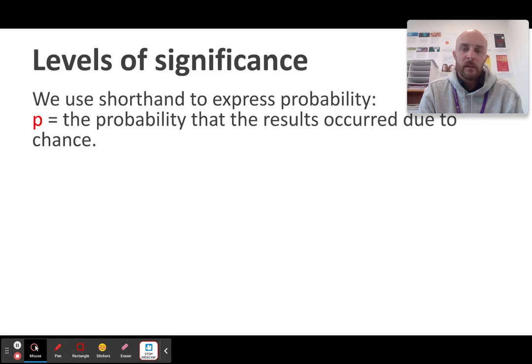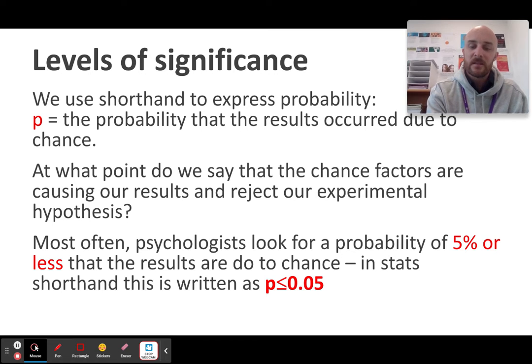So level of significance, you need to know what the P stands for, because you have to write about the different confidences, which I'll go into in a second. So when we're writing P, we're talking about the probability that the results occurred due to chance. The reason why I say this is because this down here is what you need to know. So when we have P, and write this down, is the probability that the results occurred